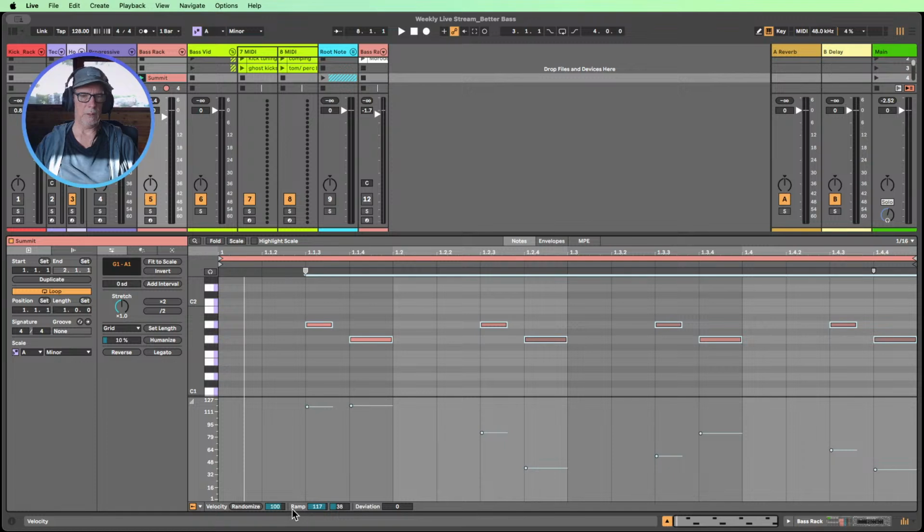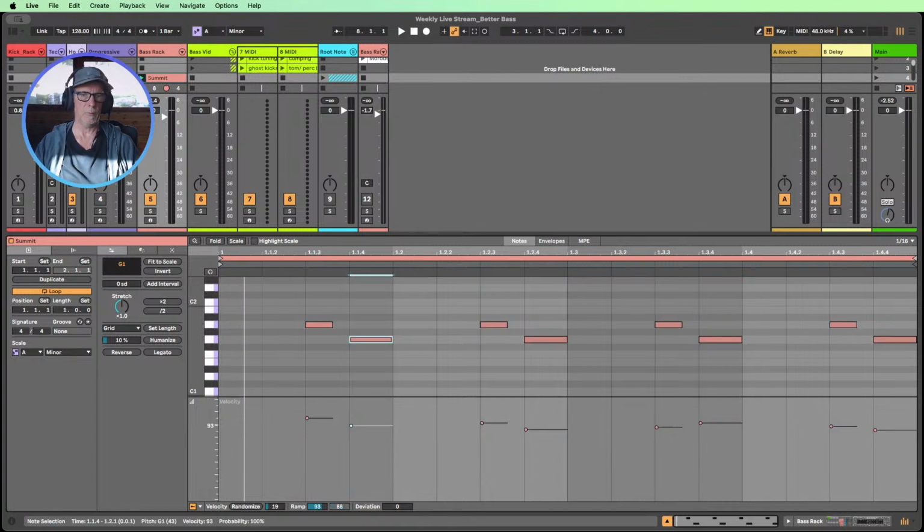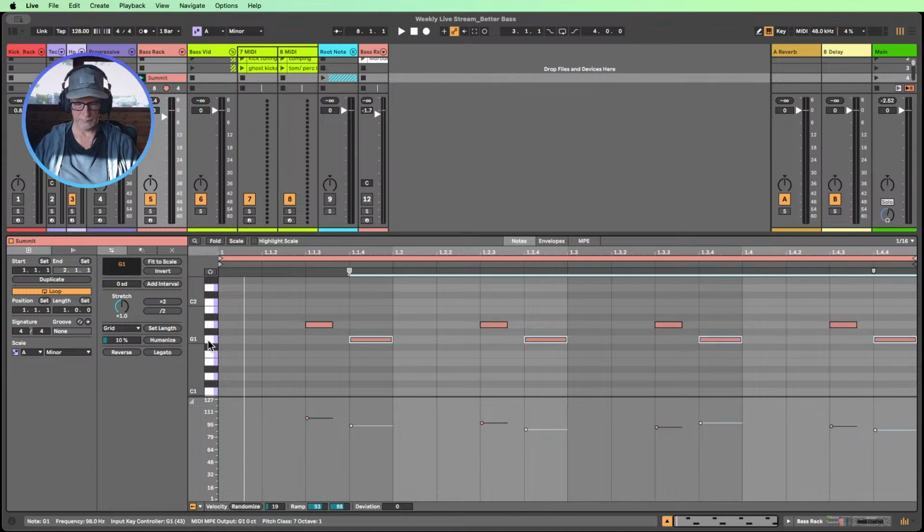If we don't like that, we can do that again, but we can also bring the number down. So I generally do this. So I might randomize it, but then I'll bring that number much, much lower. So it's not as wide a range of velocity change. You can also do that by hand if you like. You can move all of the handles yourself and make your own patterns, right? But that will make a big difference, because speaking about accenting, well, we're accenting notes in between the kicks, especially if we just had that note only.